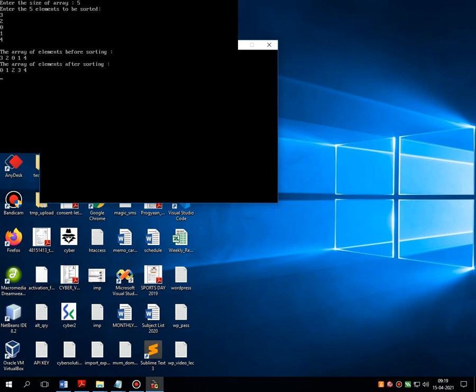It's getting sorted, right? 0, 1, 2, 3, 4. My inputted values are 3, 2, 0, 1 and 4, and the output is 0, 1, 2, 3, 4. So this program works properly.